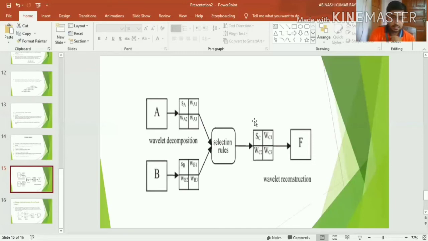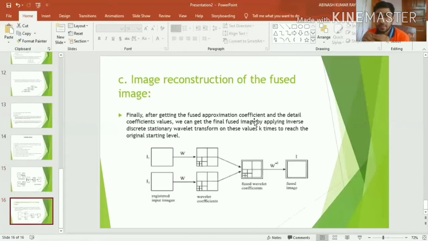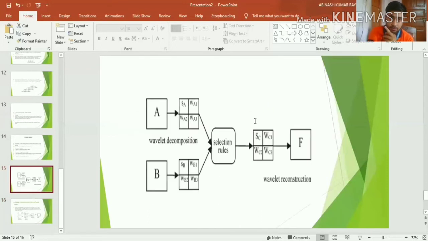If we have applied second level decomposition and want to get the image back, we have to apply this process twice to revert the steps. In general, for k level decomposition, we have to perform this operation k times.